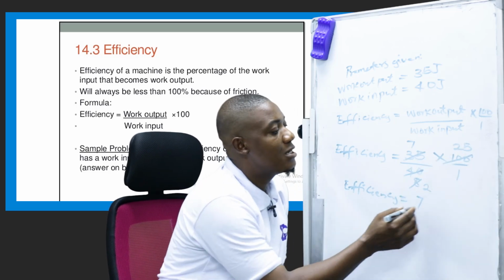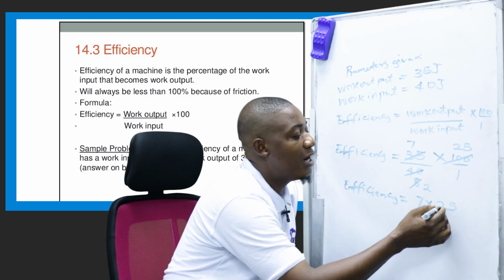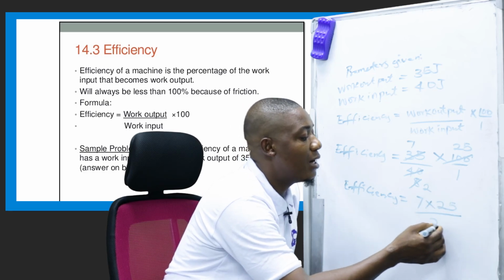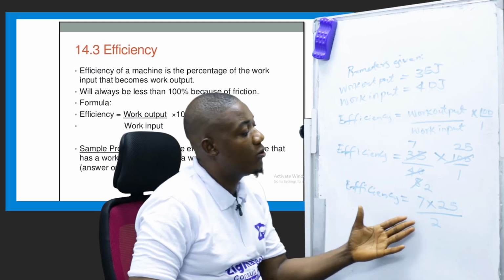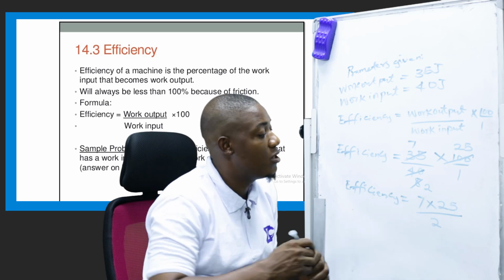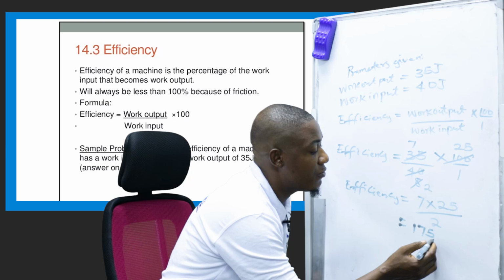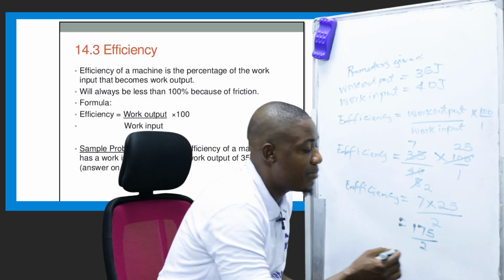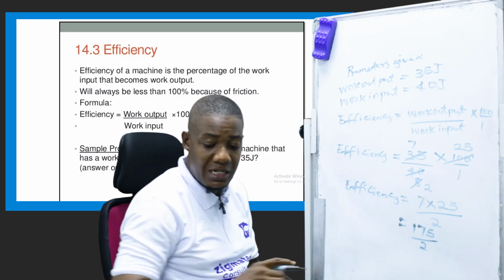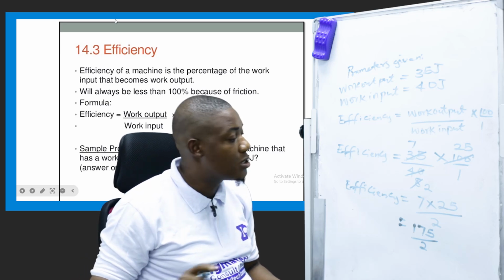So we have 7 times 25 all over 2. So 7 times 25 equals 175 divided by 2, equals